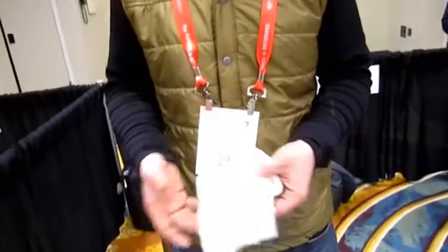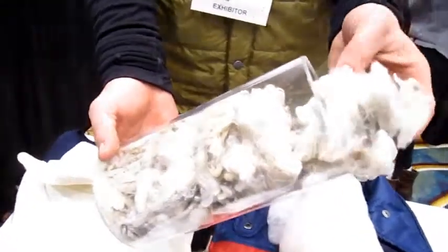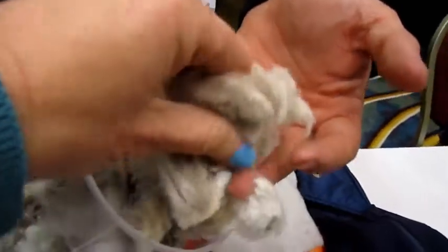But my family started this business a couple of years ago, and we decided that the best way to give wool products to the consumers is going directly from sheep and all the way to shelf. And we produce everything we make here in the United States, all the way from the raw fiber that you can see here. And so this is what the wool looks like after you take it off the sheep. Yeah, this is right off the sheep, so you can still see there's little dirt, little oil still in there